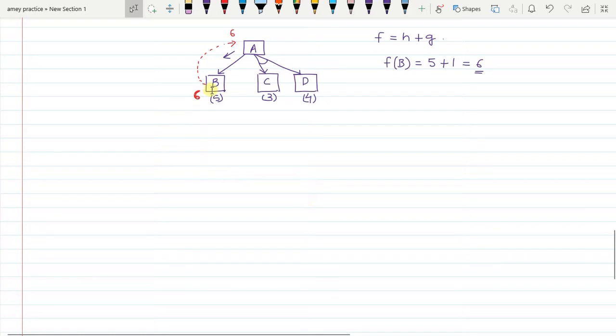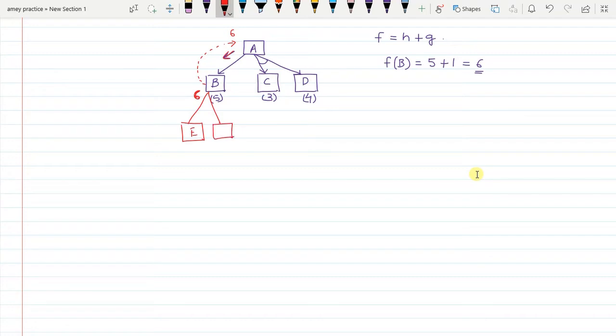Remember, see how you have got this value 6: it is nothing but the heuristic value, that is 5, plus the cost incurred along this one edge. So this 1 unit is already considered, and that's how it becomes 6. So while back propagating, directly 6 will be back propagated. This cost, which is already considered in the calculation of this value, will not be taken again while back propagating. But suppose, as I said in the previous problem, the path through B was chosen, and suppose E and F, as we had considered earlier, were the child nodes.